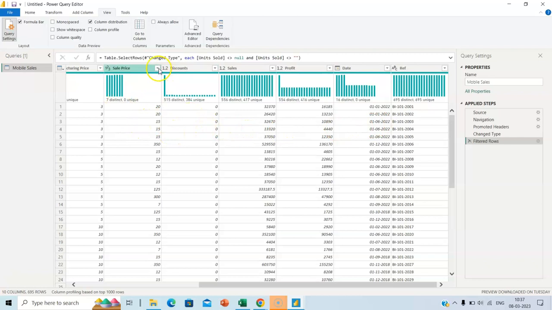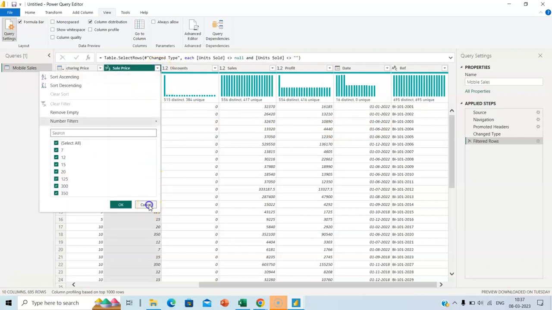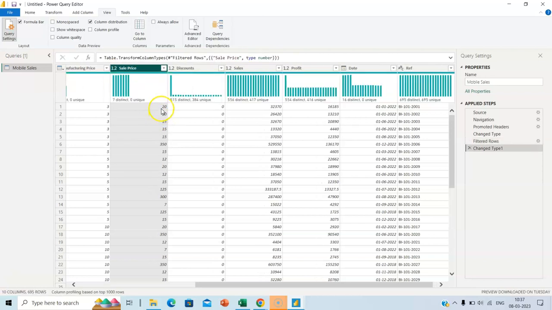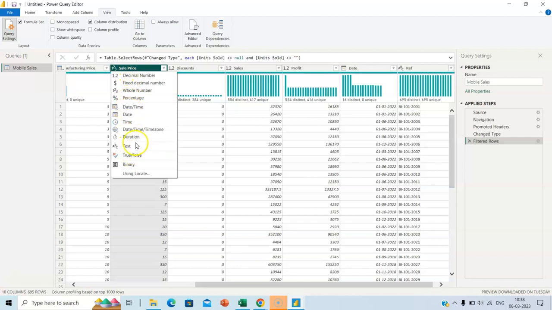For example, let's see here the sale price. The sale price, see here, it is there as a fixed decimal number. I can convert that into decimal. If I click decimal, it becomes like 20.0, 15.0, so on and so forth. Now it is not displaying because they are 20.0, and other numbers. When you have decimal points, it will appear appropriately. Okay, I can change it because I don't need that so much. Okay, so these are the different options, and I can change the type of the data also just with a